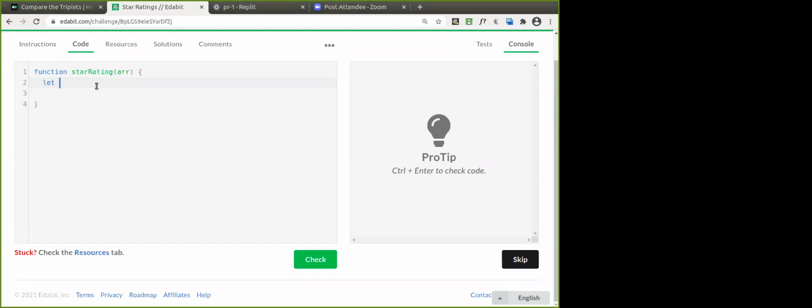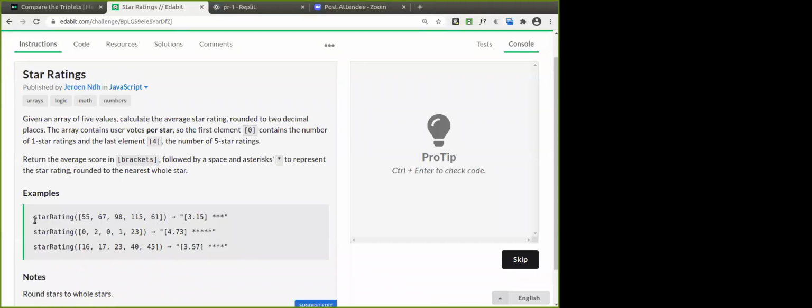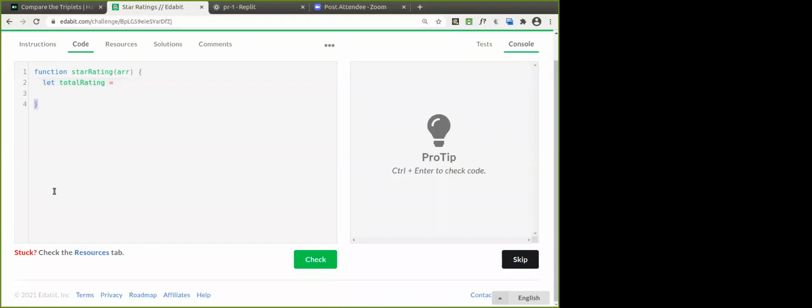Yeah, let's calculate that one. Let total rating equals to, yeah, first of all, how will we get the first element? How do we get the first element? Yeah, let's copy this one. How will we get 55?